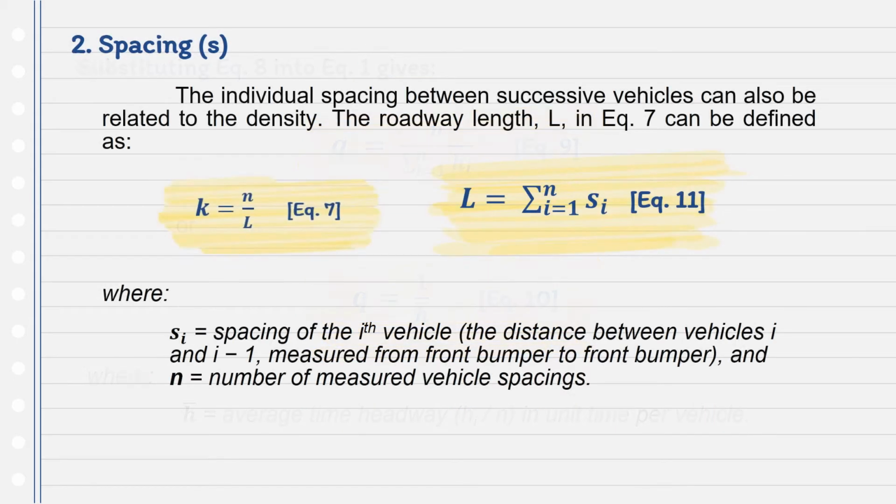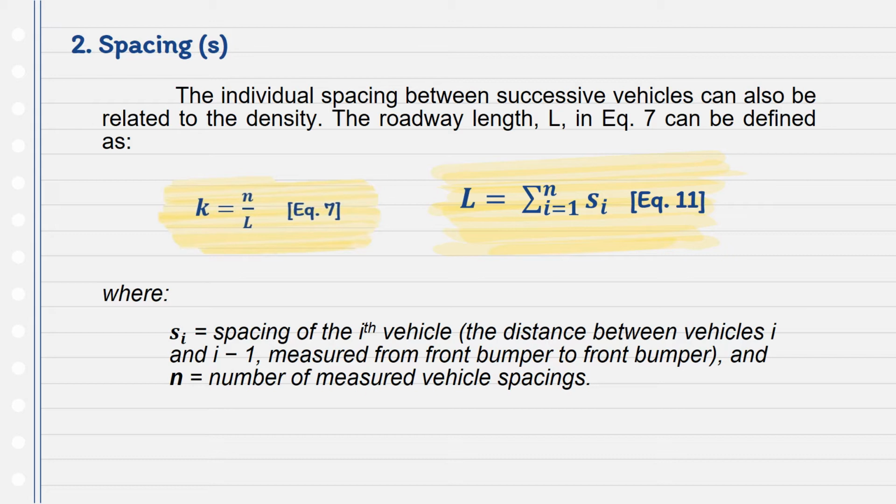Next is spacing. Spacing, usually expressed in feet or meters, is the physical distance between the front bumper of the leading vehicle and the front bumper of the following vehicle. Spacing complements headway as it describes the same space in another way. The individual spacing between successive vehicles can also be related to the density. The roadway length L in equation 7 as shown can be defined as L is equal to the summation of i equals 1 to n of S sub i, where S sub i is the spacing of the ith vehicle or the distance between vehicles i and i-1 measured from front bumper to front bumper, and n is the number